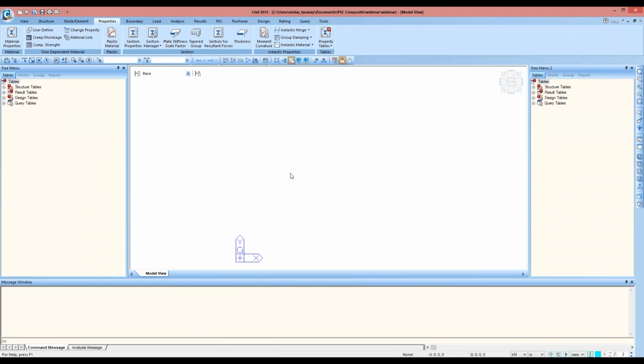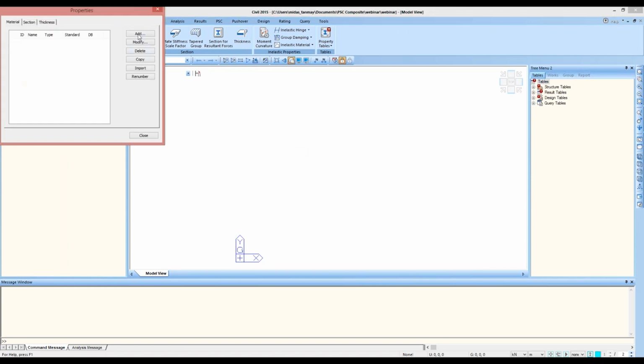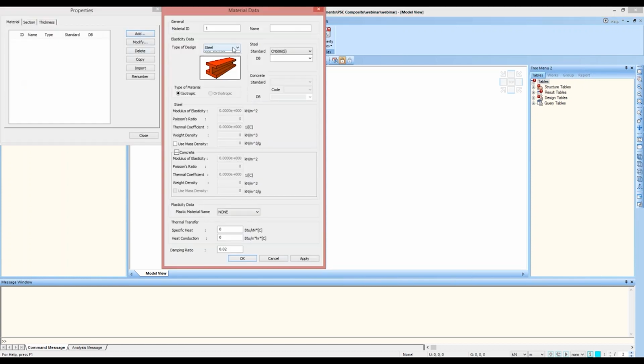So this is the general working window of MEDAS, and here we have the works tree. Any information we enter will be shown here in the works tree. So first of all, we'll start by adding the material properties. For doing that, we'll go to the Properties tab, Material Properties, Add, and first I'll add the material for girders, which I'm considering as M40, and apply. So you can see that the material is added here. Next, M30 grade for the slab.